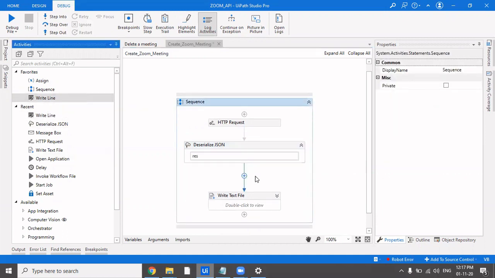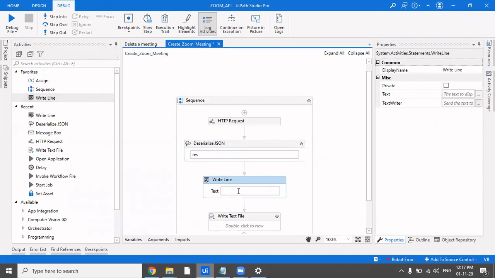Let's drag in a write line again. Let's write result object, and in brackets and double quotes, let's write join underscore URL dot ToString, and let's run this again.